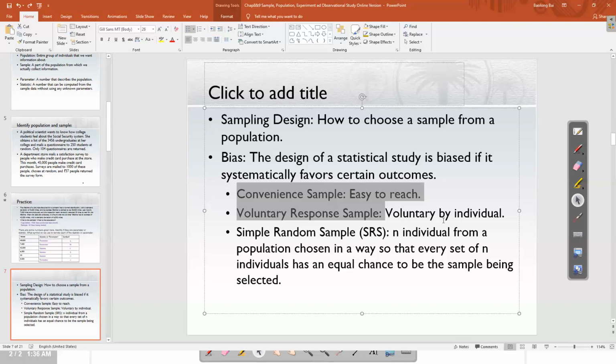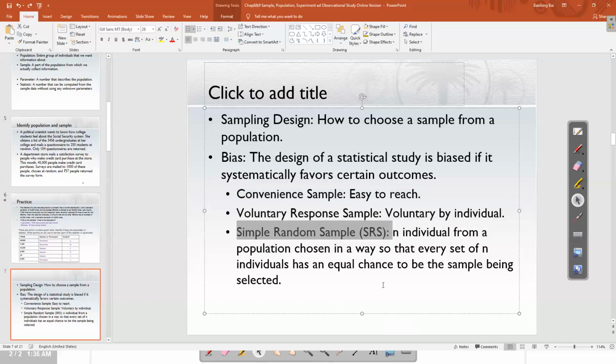And why would you want to go to a restaurant often? Most of the time it's because you like the food and service, right? So the results will be biased if that's the case. So if you don't do a random sample, there's always a bigger chance of introducing bias, and that's what we want to avoid. And a very, very common method in a lot of studies is called a simple